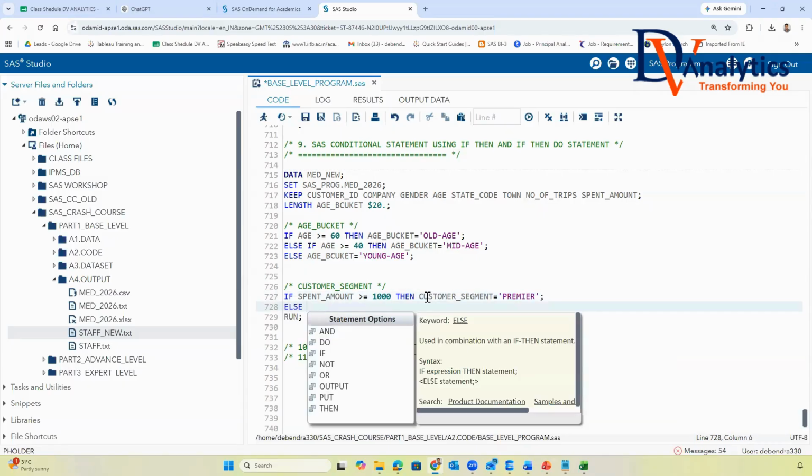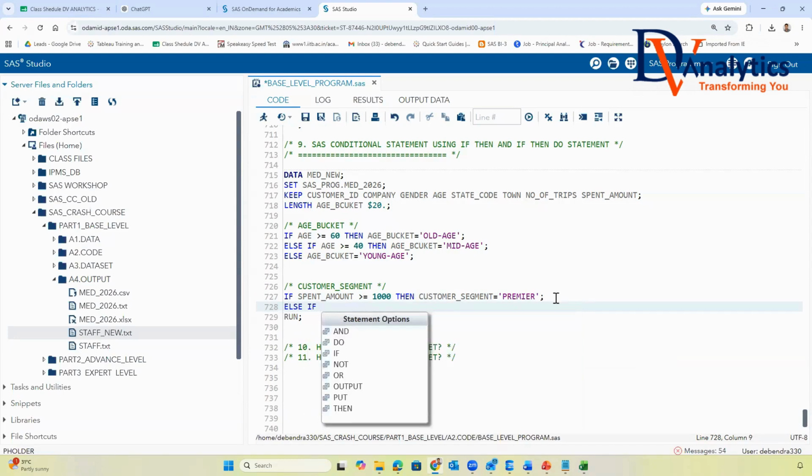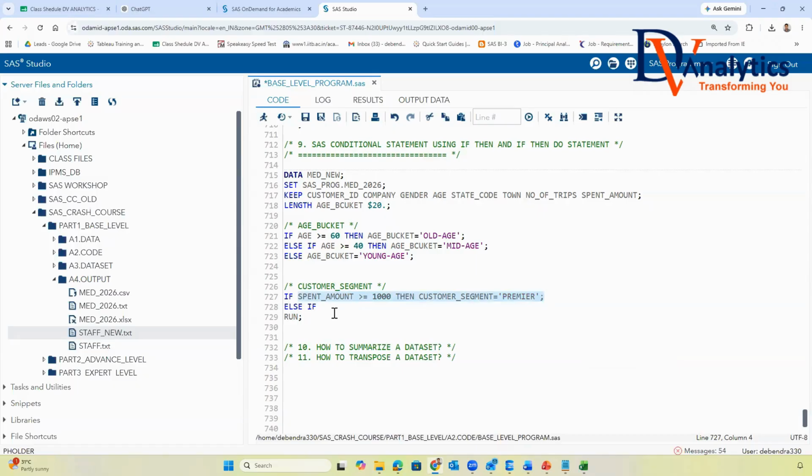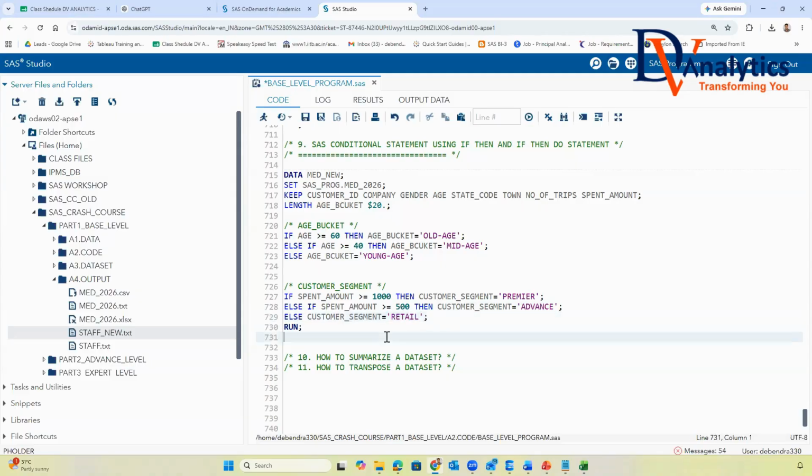Else if spent_amount is greater than or equal to $500, we call them advanced customer. Else customer segment is called retail customer. So this is how I created this.